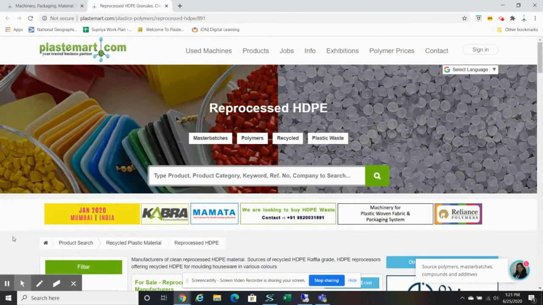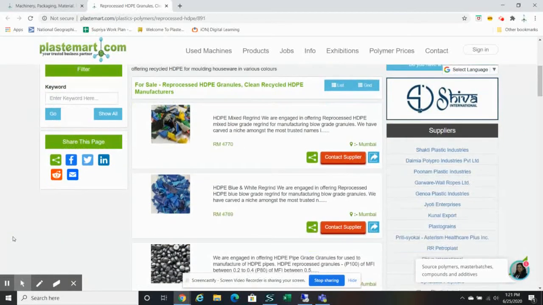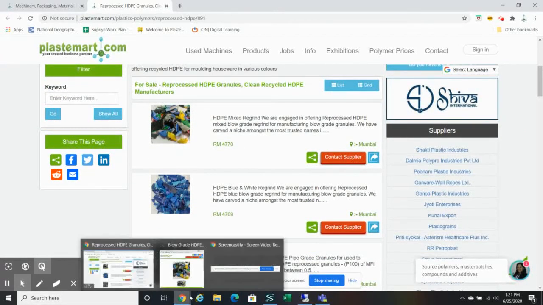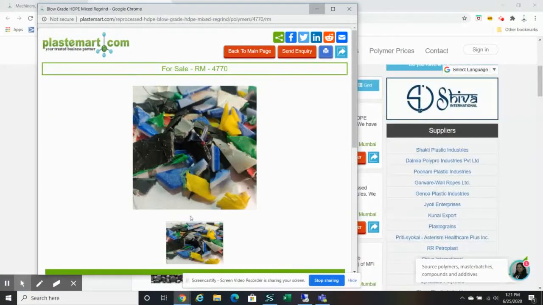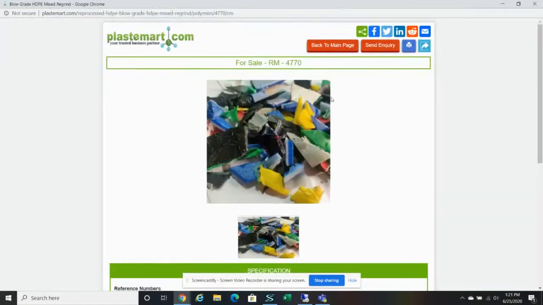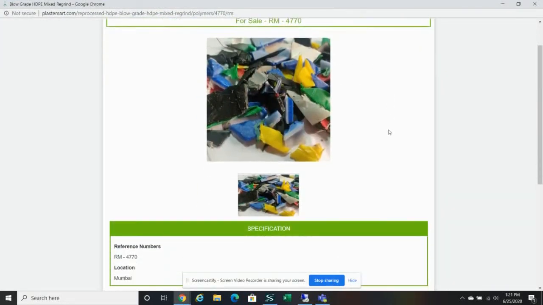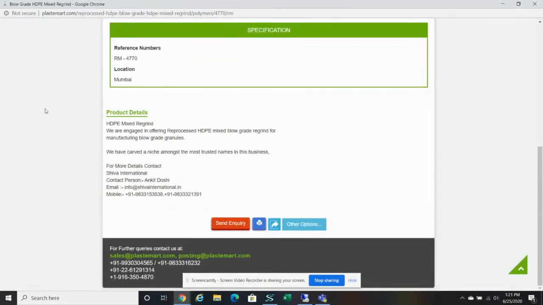So in our basic package, we list your product on our site in different categories. This is one of the categories. We list your product along with the product details, a picture of your product like this, and your contact detail. So a buyer comes to our site, he can directly call you, or he can mail you, or he just hits the send inquiry button and this inquiry goes directly to this email ID. So this listing stays listed with us for 1 year.